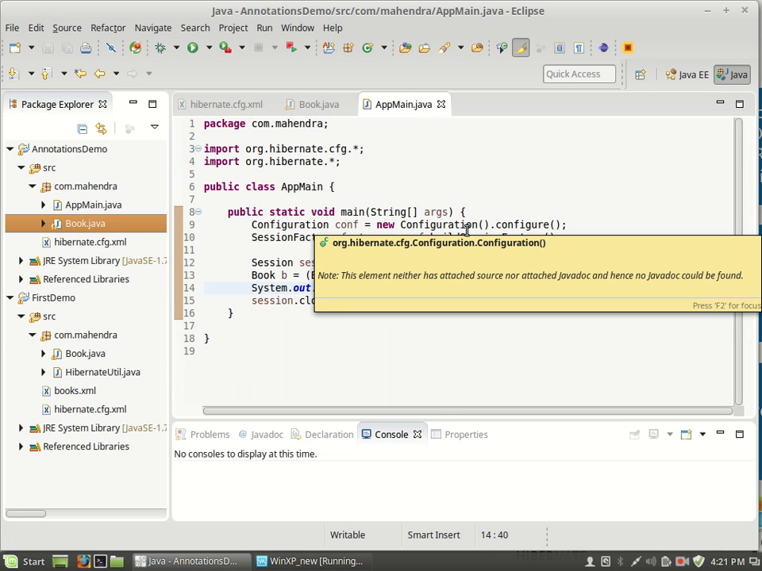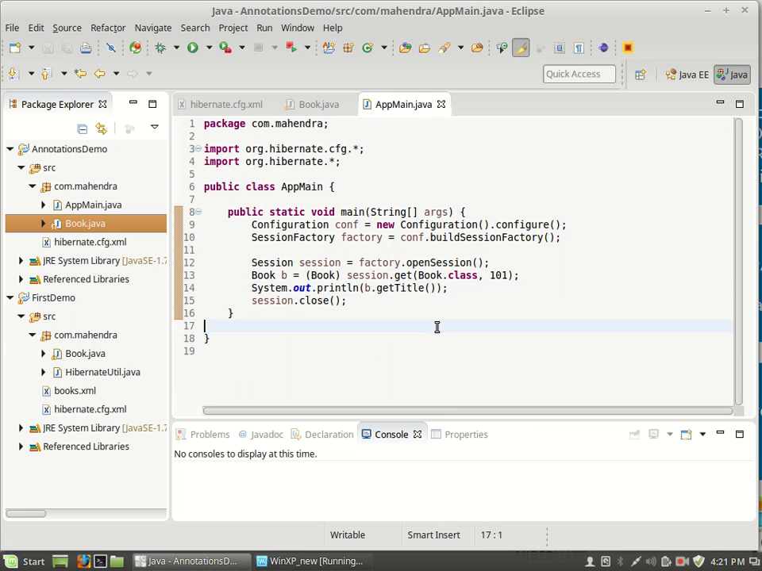Now, this is how a Hibernate program can work, but this is basic: retrieving data from the database. What if I want to store data into the database? How can it be done? For that, what we can do is,